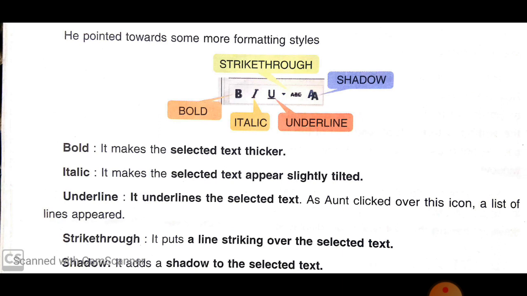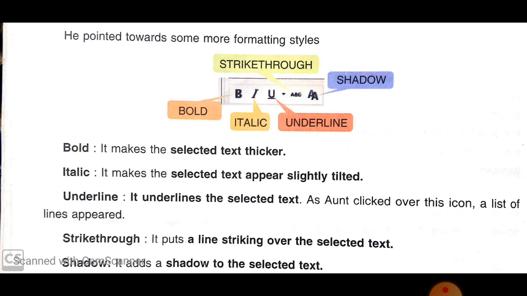Italic makes the selected text appear slightly tilted. Underline underlines the selected text. Strike through puts a line over the selected text. Shadow adds a shadow to the selected text.